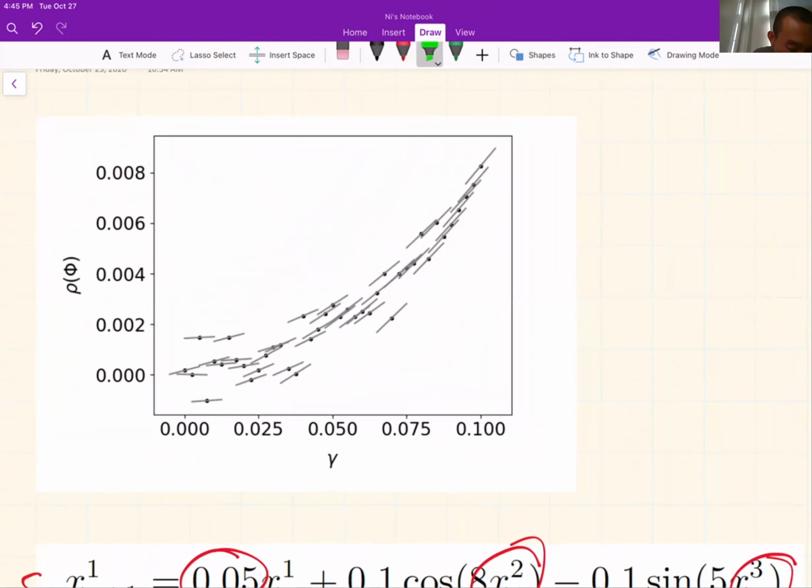So this is the result. The vertical axis is the averaged objective. This is the parameter of the system. And these dots and lines are all computed using the same one trajectory. The dot is the objective averaged on this trajectory. And the line is the derivative computed by the linear response algorithm. As you can see, the linear response algorithm reveals the correct trend between the objective and the parameter